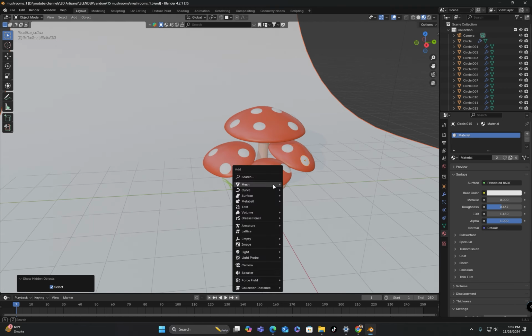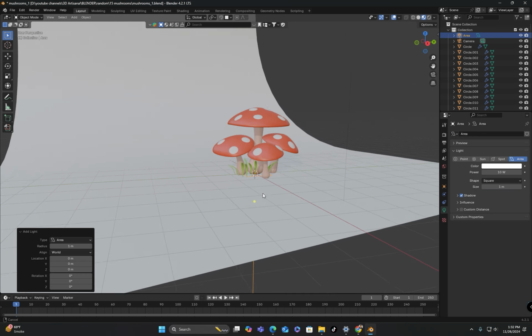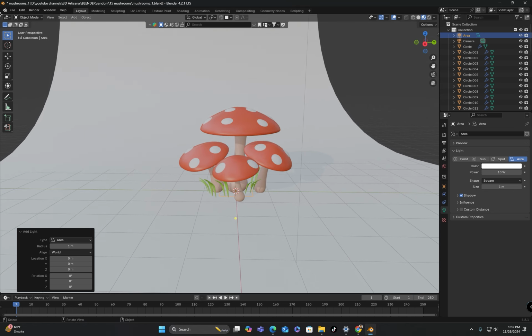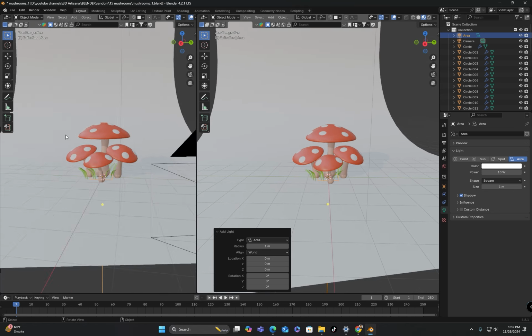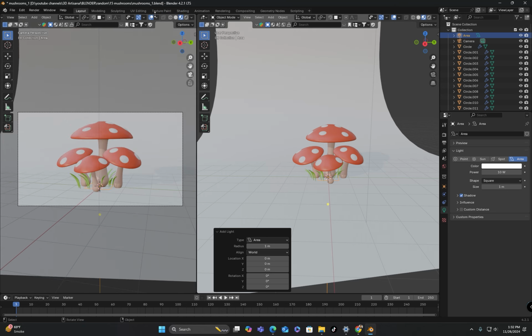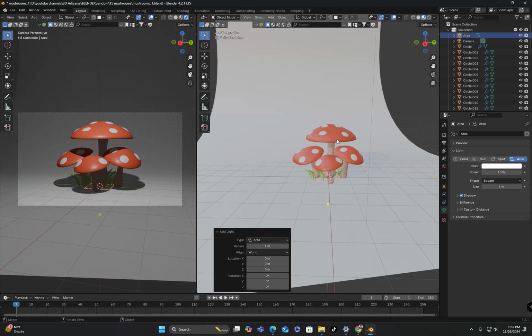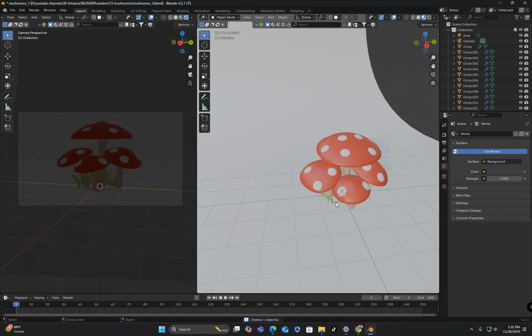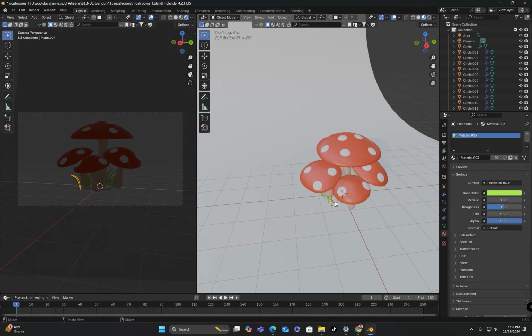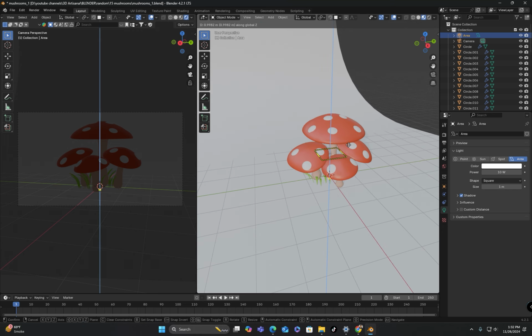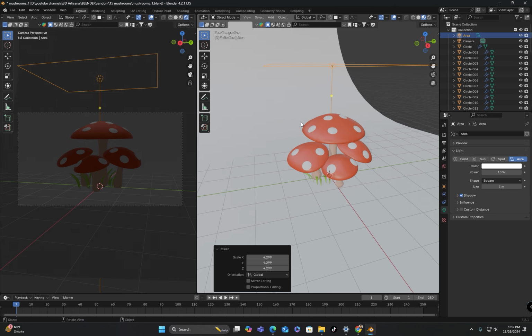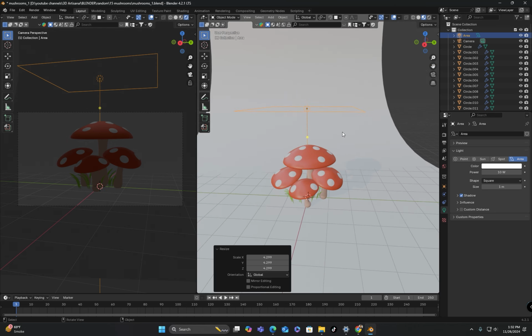Now I will press Shift plus A, go to the light options and add an area light. I will add another window to this side and enable render mode in viewport shading to observe the light's effect. I will delete the existing point light, select the newly created area light and move it along the z-axis. I will scale up the area light and increase its power value.